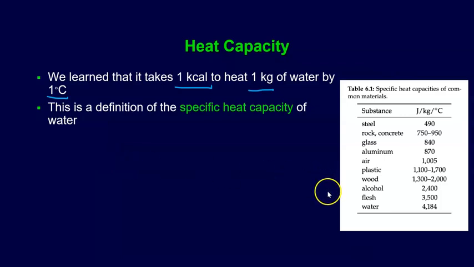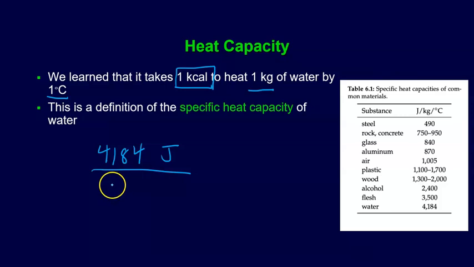And so water is sort of the biggest one. So it's 4,184, and so it takes that many joules. Again, that's our definition of 1 kilocalorie to raise 1 kilogram of water by 1 degree Celsius. So that's how the units work out here. Sometimes we use a C for heat capacity. And basically what's happening is we're going to take this C and multiply it by how many kilograms we have and how many degrees we want to raise it